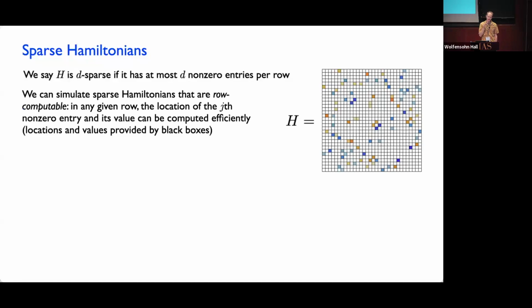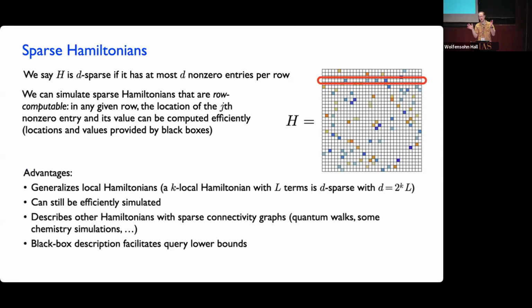To make this useful for simulation, of course, you can't in general give a polynomial size representation of a general sparse Hamiltonian, but we'll have another condition if we want to give efficient simulations, which is that we can efficiently determine where the non-zero entries are in any given row. If we're given a function that allows us to compute, for a given row, where the non-zero entries are and what their values are, then it turns out we can use that to give an efficient simulation of the dynamics of this Hamiltonian. So we can specify a row and find out where the non-zero entries are. This is just a more general class of Hamiltonians.